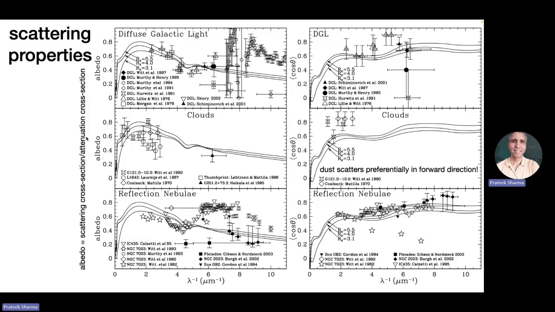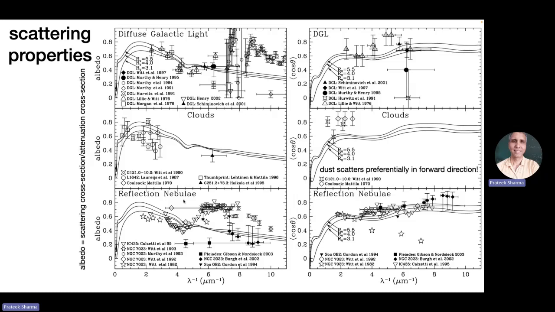Okay. So this is how albedo goes as a function of lambda inverse. And these are the data points. The solid lines are some dust models. You can actually see these RV labels. You see, not all the data goes through the models. So this is an extremely complicated field. But this data does tell you what the properties of the dust should be. Okay, so this is through some diffuse region. This is in some cloud. This is in some reflection nebulae.